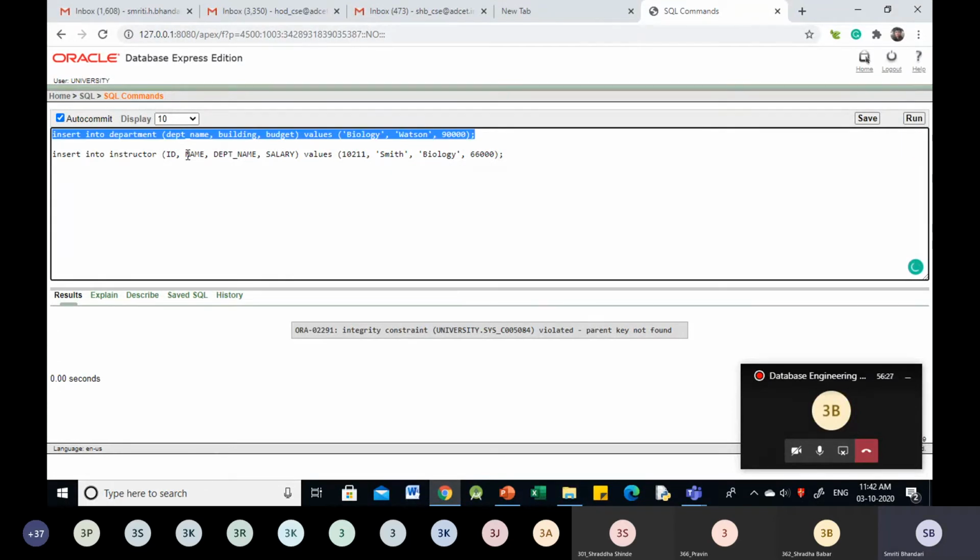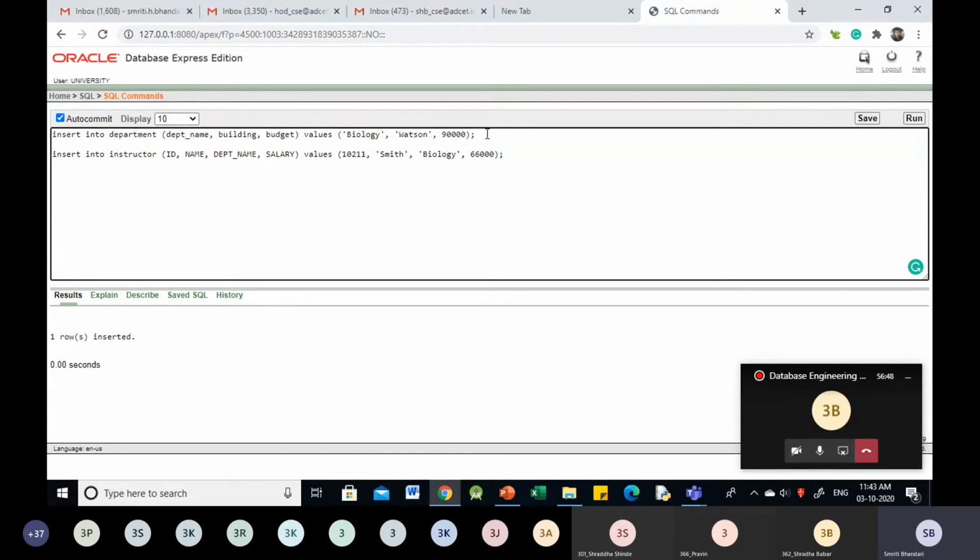So this is the statement that will help me add a record in the department table. Let us execute this statement first. Here I am getting the message like one row inserted. So this helped me insert one record in the department table.